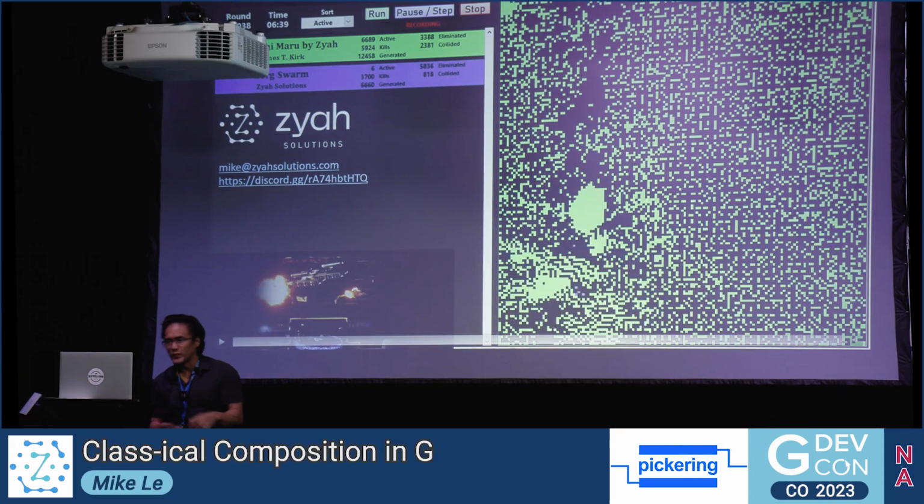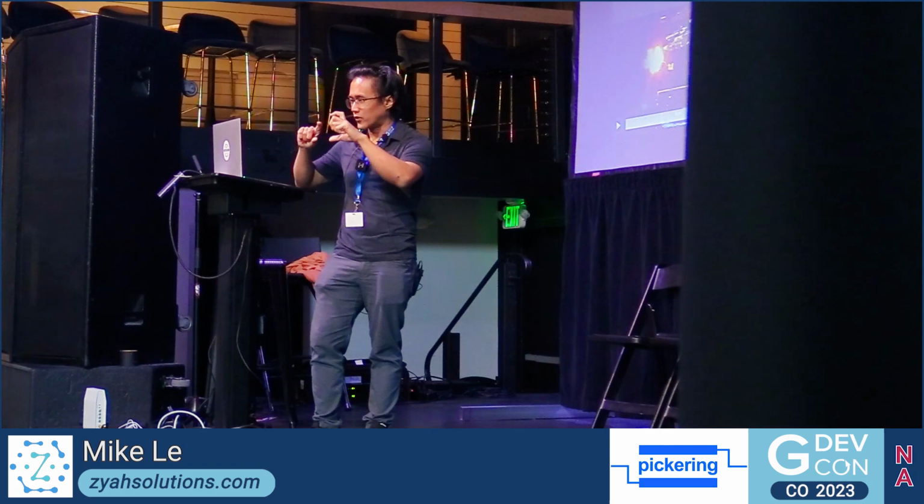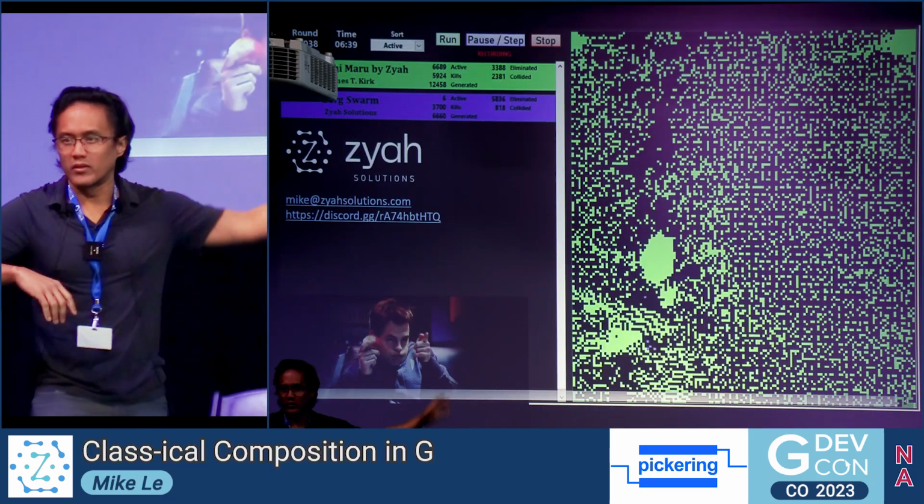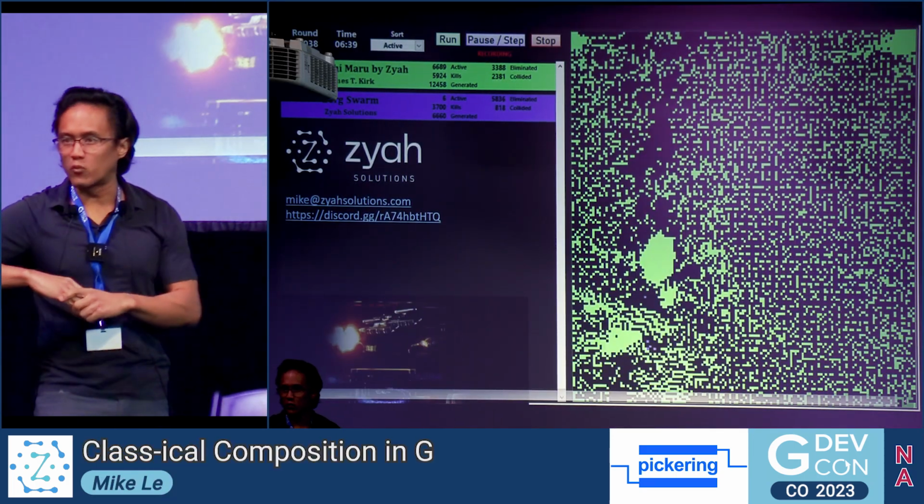I have 2 minutes. Okay. I couldn't do that because I don't have access to everything that I need to transfer data from my old square to my new square, because some of the square parent data is just private. I can't mess with the square engine classes. But if I'd used composition, then I could have composited in a square behavior, aggressive or not aggressive, and swapped it around. So that's a very good example of where I should have used composition, but I didn't know that going in. So you ended up with this code that I wrote in a fever dream while super jet lagged from being in Thailand.